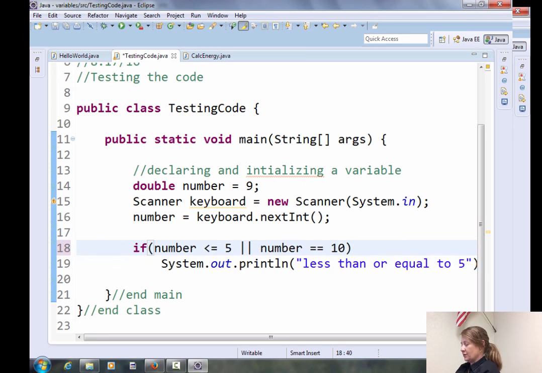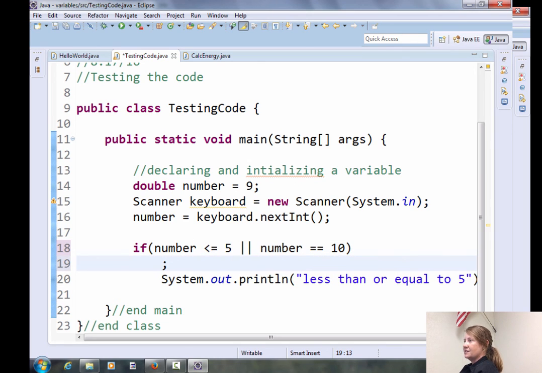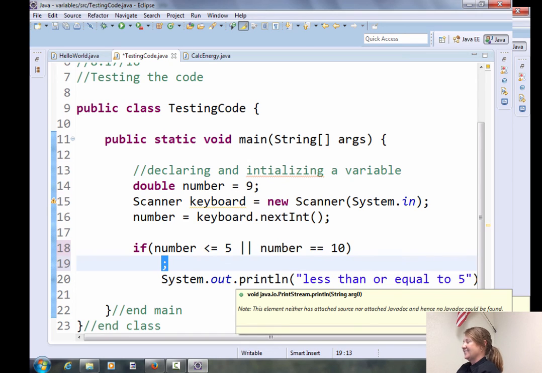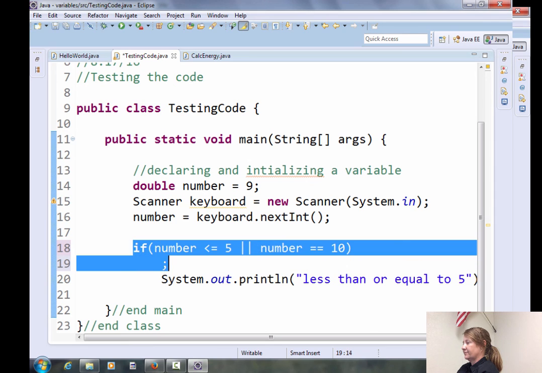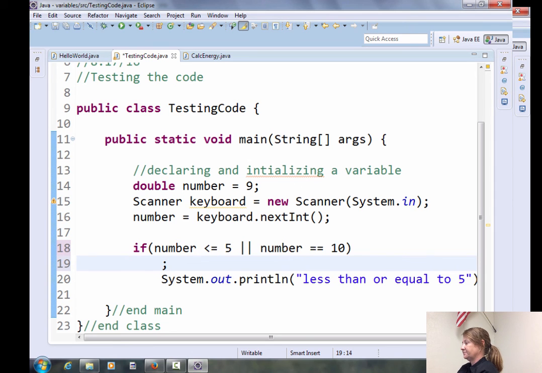Don't ever put a semicolon right there. A lot of people think, oh, semicolons everywhere, because we've gotten used to it, right? Writing all our statements, we always need a semicolon. But when we do that, it makes our if statement tell it, hey, if I'm true, do this, which tells it to do nothing. So it short circuits our if statement. Bad idea right there.